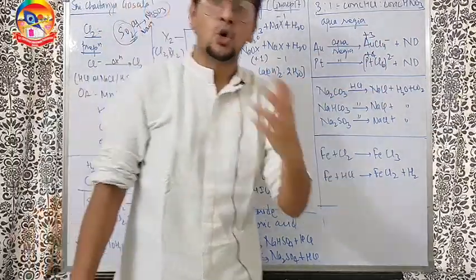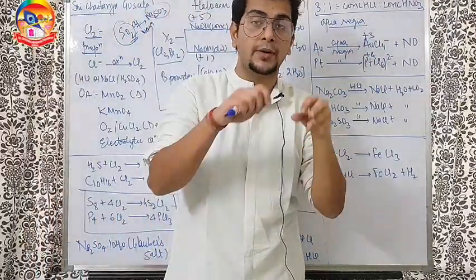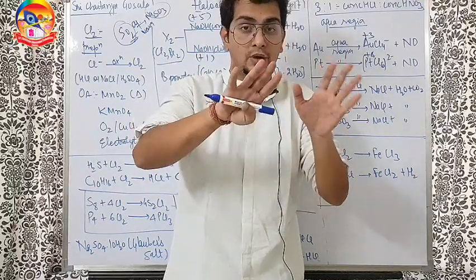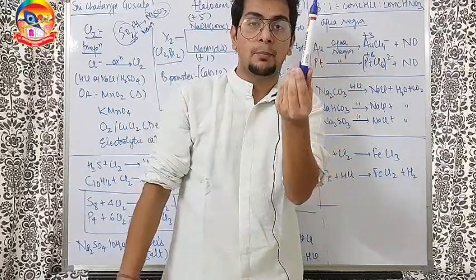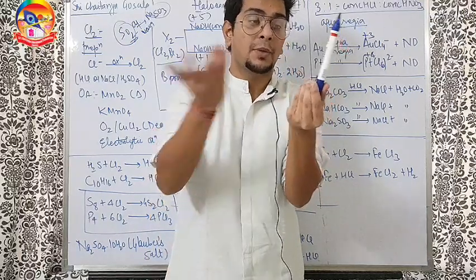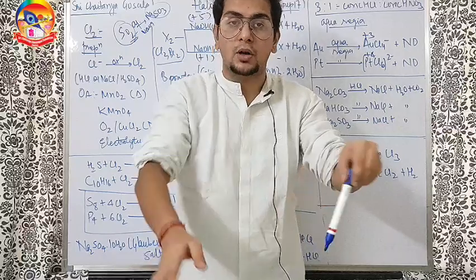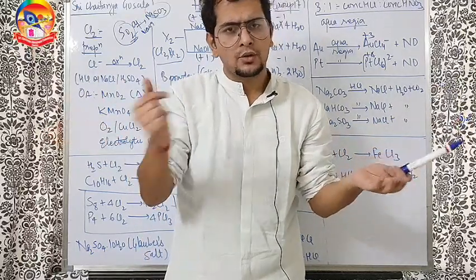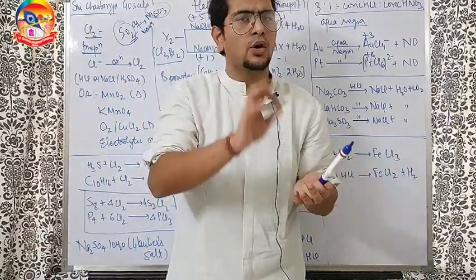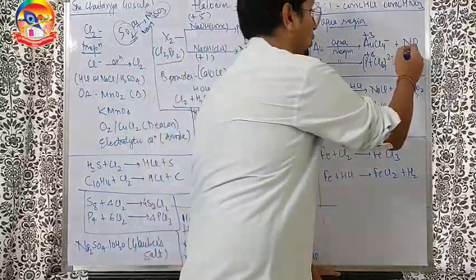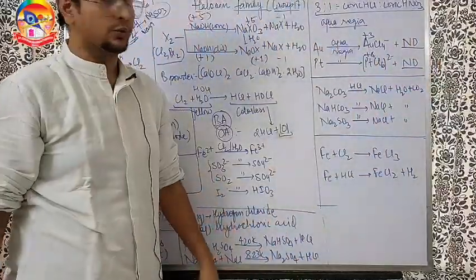So here, if you have gold jewelry, should you dissolve it in aqua regia? Like, should you wash it with aqua regia or not? Because imagine if this is my gold marker, it is not, I wish. But if it is an imaginary gold marker and I dip this in aqua regia, it will dissolve there and I will lose my gold. So should you wash any gold or platinum jewelry with aqua regia? The answer is no. So NO is the byproduct.